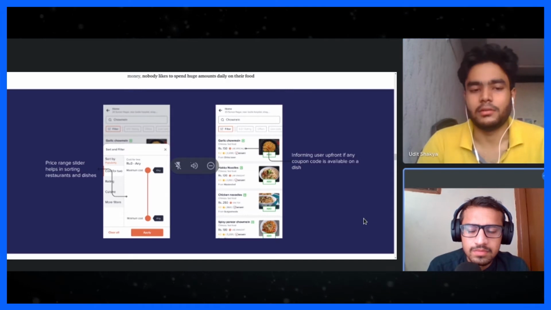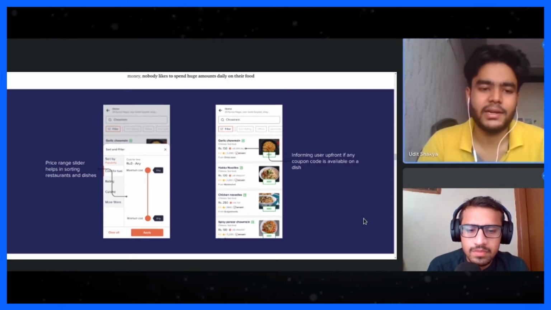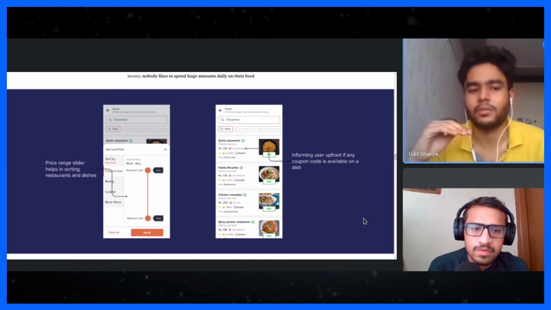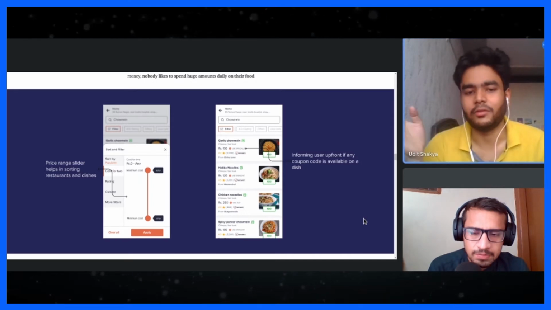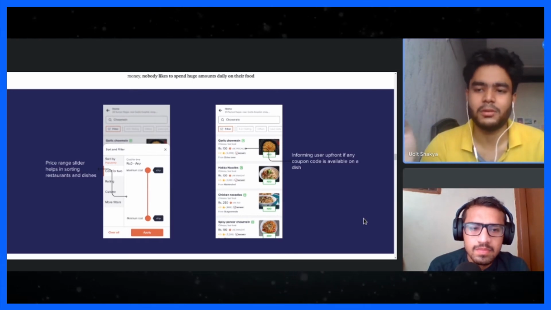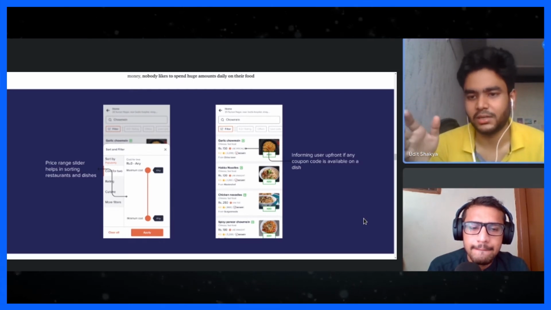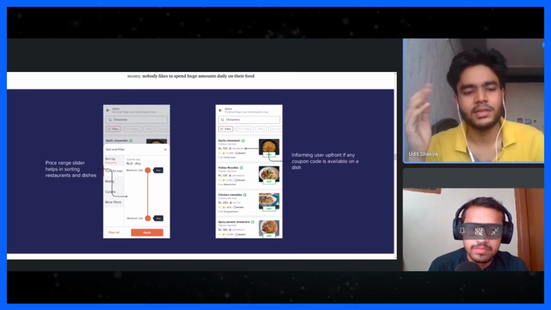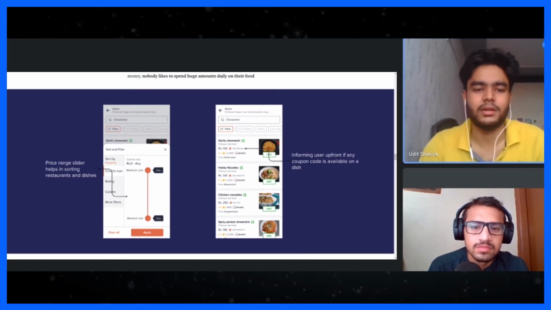Right now, since we didn't have any way of sorting these things based on price, I came up with a pretty common solution. This is not something out of the box that I had thought of, because there's already an answer to the problem. You don't have to reinvent the wheel. You can just use the same pattern, and it will be easier on the user's mind.